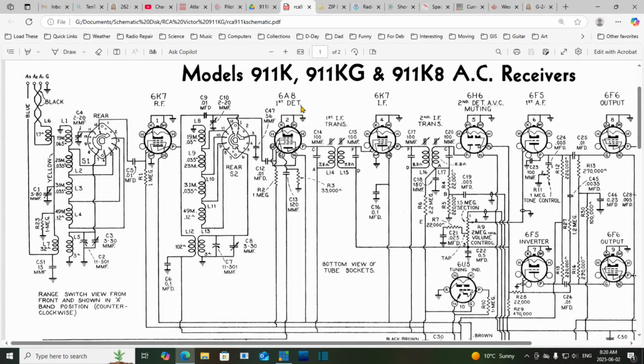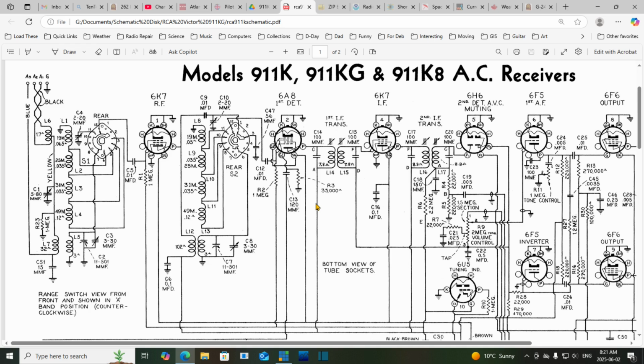Tube 2. What? Where's the 6J7? I don't remember testing a 6J7. What happened there? I remember it being a 6K7. Maybe they're swappable. So there's definitely a 6J7 on this diagram,